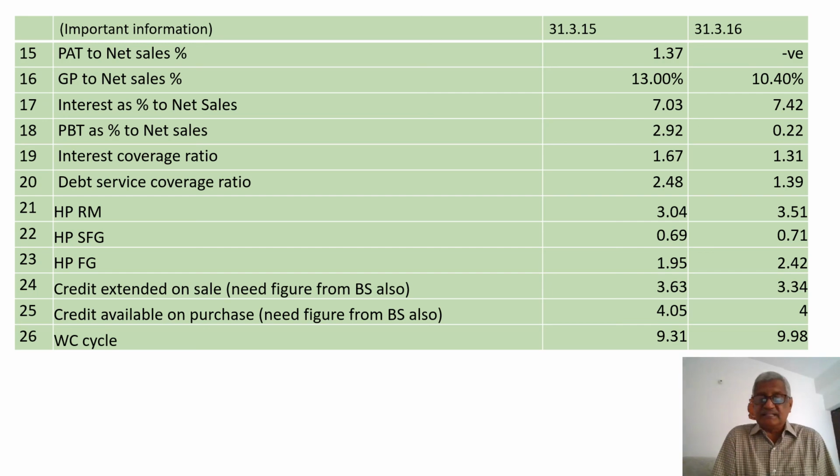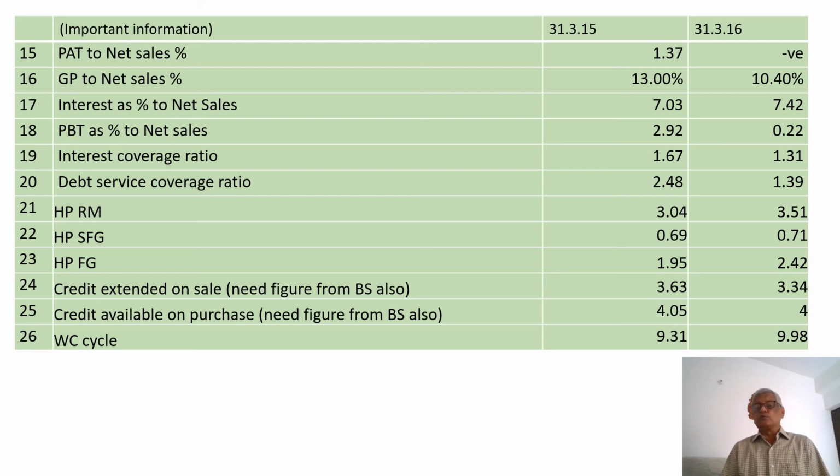Similarly, the debt service coverage ratio. The debt service coverage ratio talks about the repayment capacity in case of a term loan. The banks do calculate a ratio called debt service coverage ratio. The acceptable debt service coverage ratio is on an average 2.5%, covering the entire repayment period. It is calculated like this: net profit plus depreciation plus interest on term loan in the numerator, divided by interest on term loan plus repayment of the principal amount.